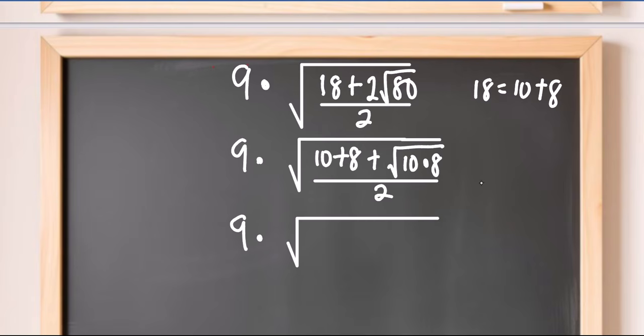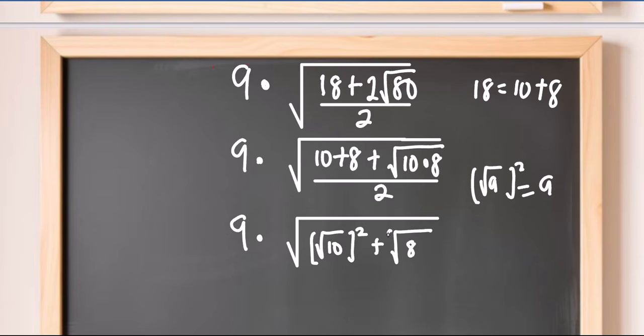There's another rule that says the square root of a, all squared, equals a. So my 10 can be written in the form of the square root of 10, all squared, which is equivalent to 10. The same thing plus 8 for 8, the square root of 8, all squared, plus the square root of 10